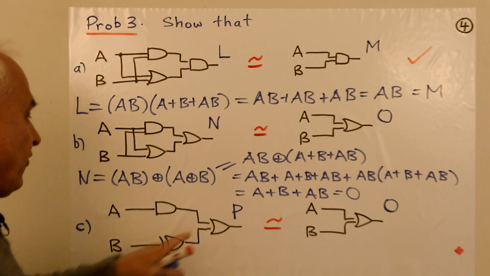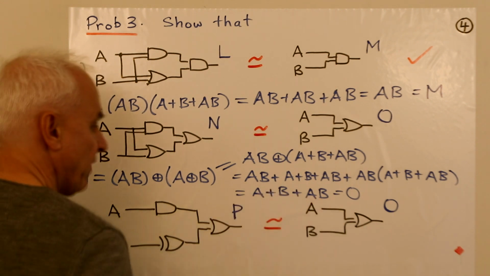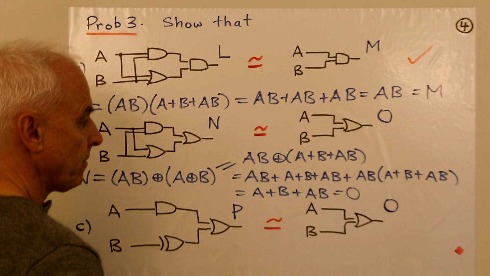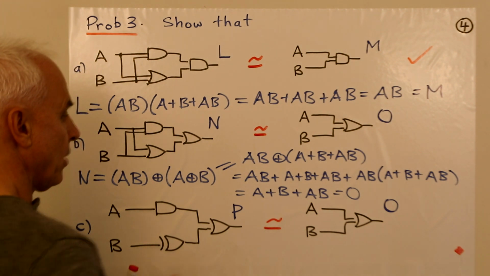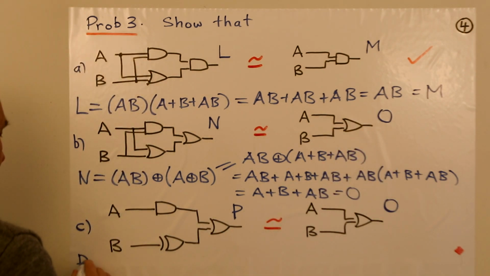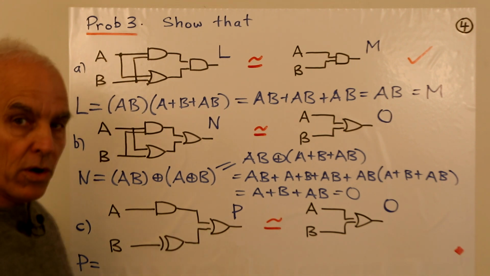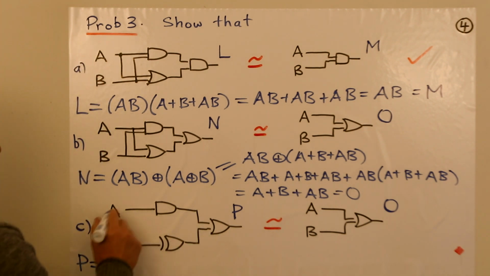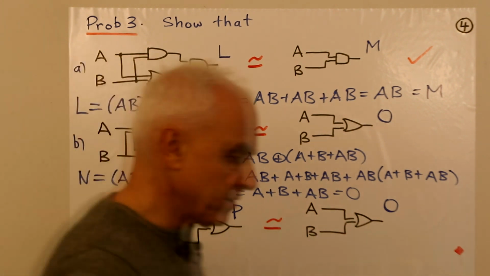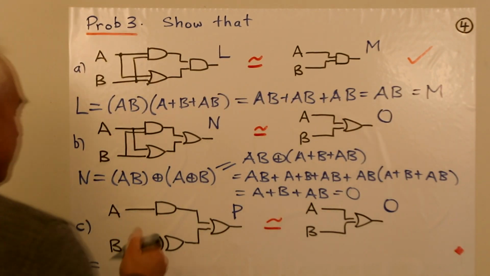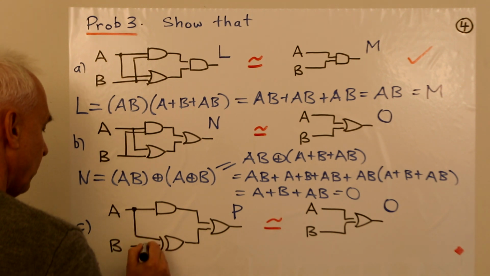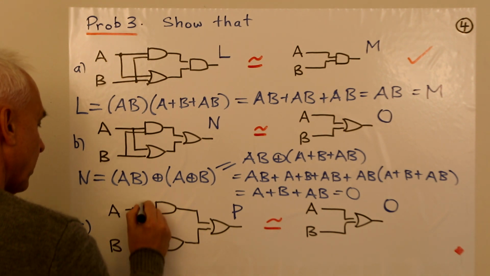Okay, one more. Here is P, and we want to simplify or show it's equivalent to this one here. Okay, here's the same O. That's why it's O also. It's the same gate over here. Okay, so what about P? What is this equal to? Okay, here's an OR gate, and the inputs are... Oh, I see I haven't finished the diagram. Sorry. Okay. We need some inputs, so we'll put this one here. Yes, and we'll put this one here. Okay, like that.